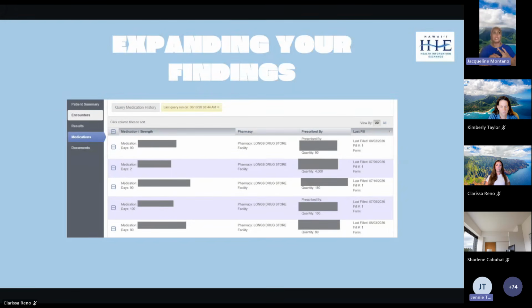Now, the last column on the right-hand side, we always give a word of caution because it'll say last fill date. And this is assuming that pharmacies are utilizing best pharmacy practice. And what does that mean? Best pharmacy practice means a prescription gets sent into the pharmacy, receives that medication, they prepare the medication, they put it on the shelf, and they wait for that patient to come. When the patient comes into the pharmacy, they scan the medication and they hand it to the patient right then and there. And that scan is what's going to mark it as being filled. However, the reality is sometimes as healthcare providers,